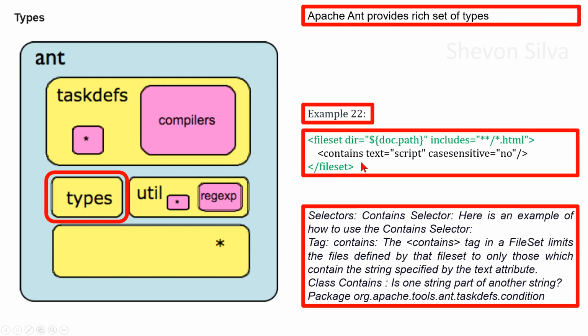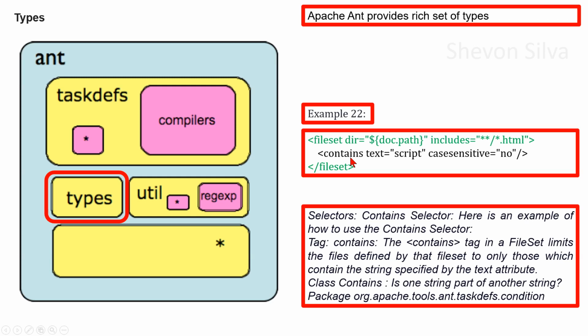Contain selector. Here is an example of how to use the contain selector. The contains tag in a file set limits the files defined by that file set to only those which contain the string specified by the text attribute. With regard to the API, we can consider class contains: is one string part of another string. This is in the package